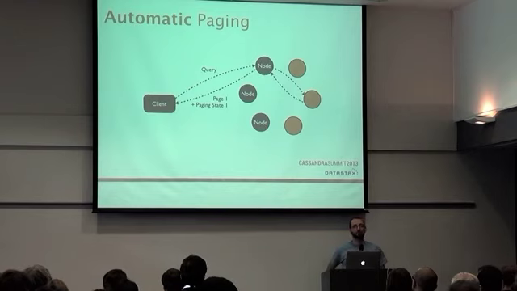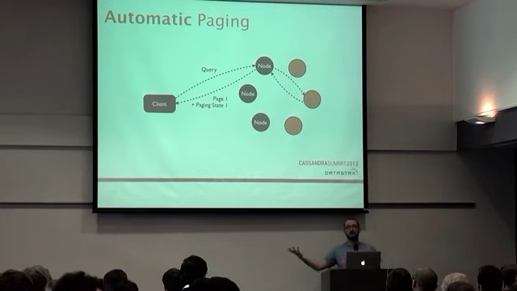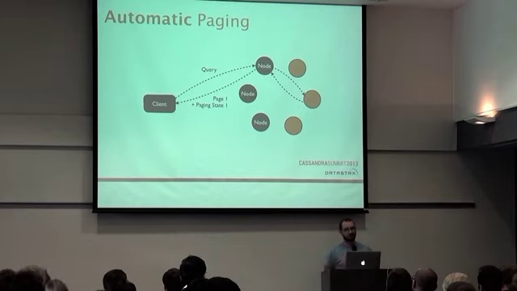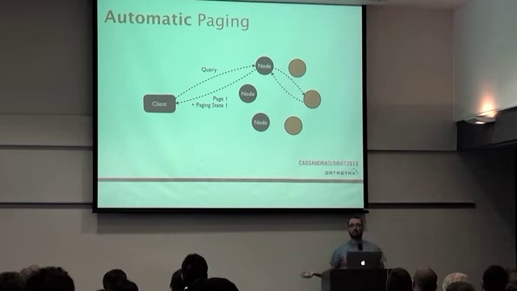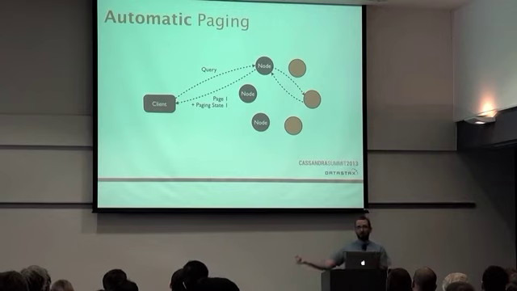You know, traditionally, if you're a Cassandra user, you know that you're not supposed to fetch gigabytes of data, because all this data will remain in memory both on the server side and on the client side. And with automatic paging, we solve this issue by making it possible to fetch only a chunk of the data. And